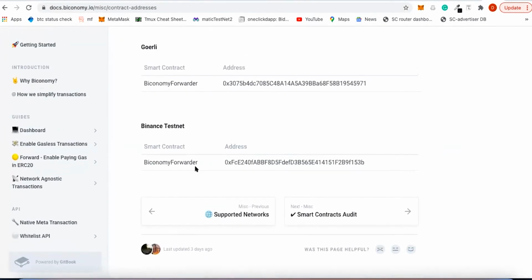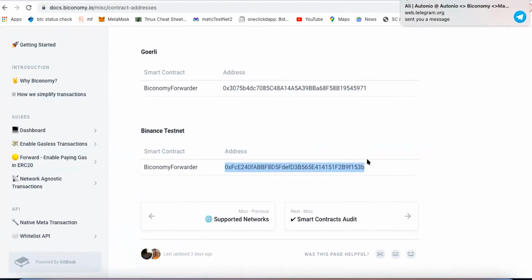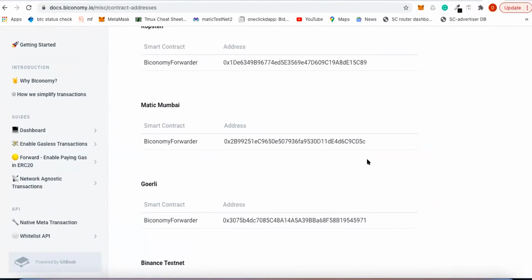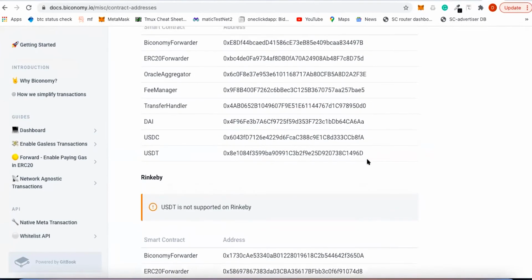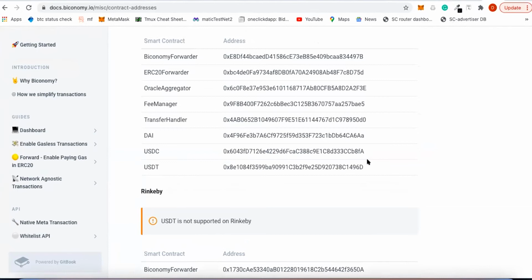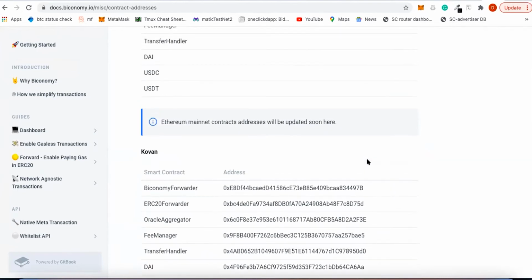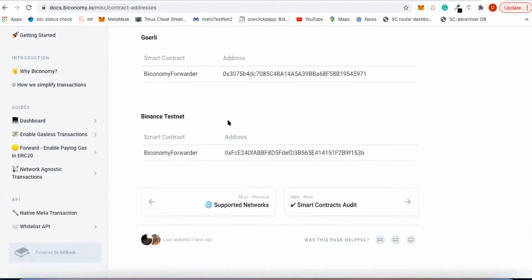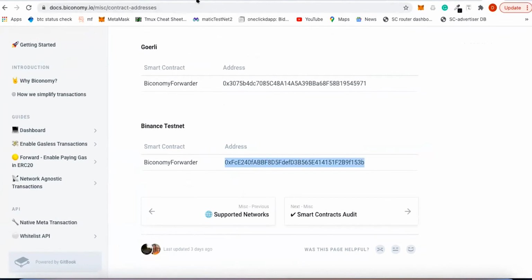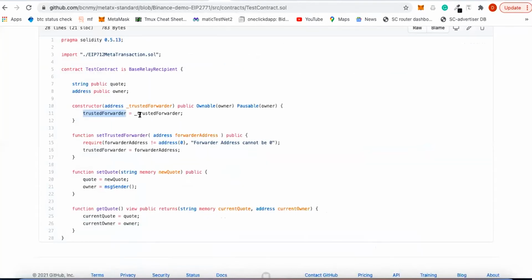According to whatever network you are using, you just pass this address while deploying. Right now it's deployed on all the testnets only, not on the mainnets, because this contract is being audited right now. In the next 1 or 2 weeks it will be audited, so we'll deploy it on mainnets also, Ethereum and Binance and Matic everywhere. So you can just use this address while deploying the contract. Just pass this address to this constructor.